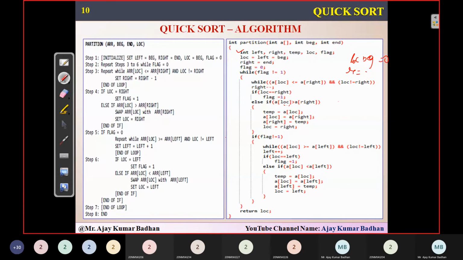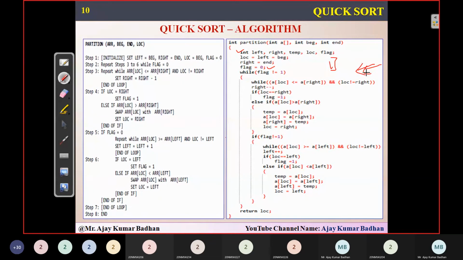In this loop, since we are doing left scanning, what does that mean? Whatever pivot point we have selected, we are comparing it with the right side elements, which should be greater than the pivot. That means A of location should be less than A of right. That is what the condition is checking here.